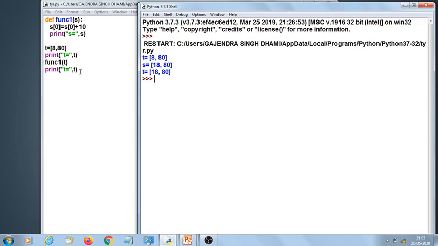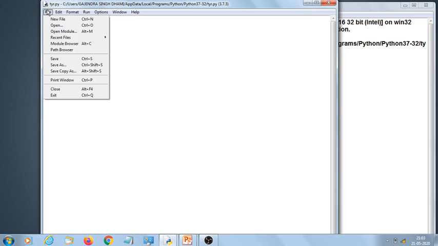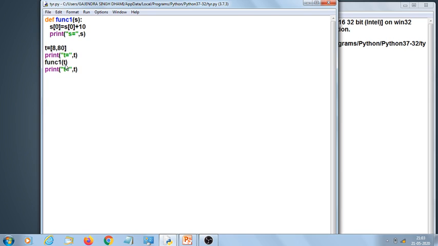You got the point? Now one more variation. Let us see the change when you pass a mutable value. So when you pass a mutable value, what we do is we will now change the values of the list in terms of assigning a new list to the list. So now we will try to do it like this. Okay.